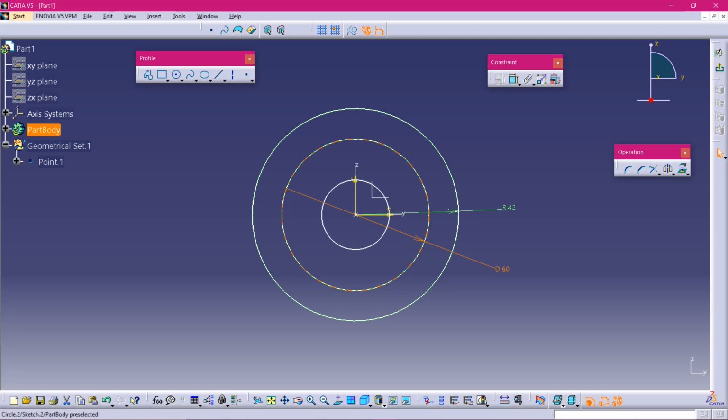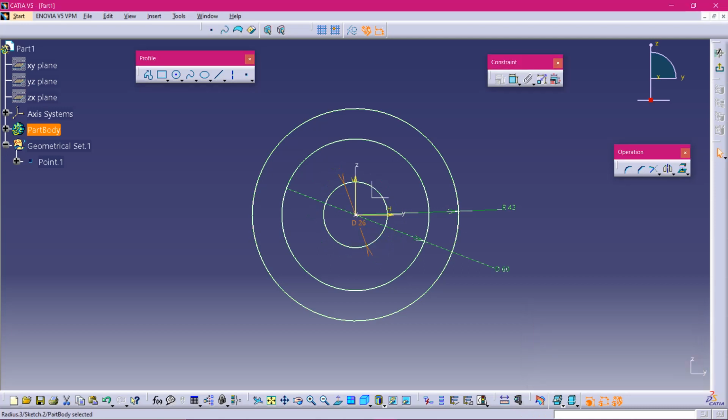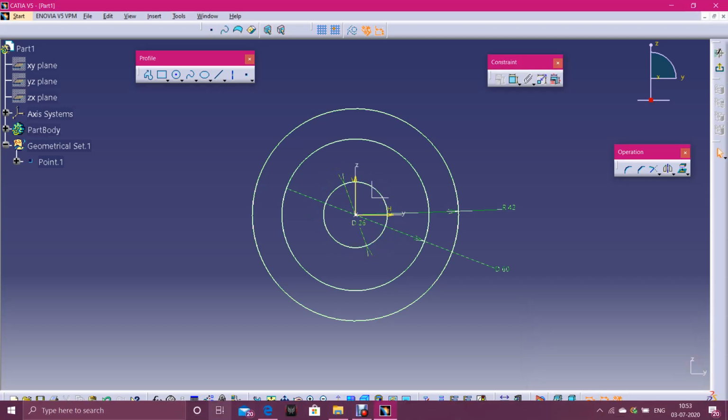Green in the sense your sketch is fully constrained. That means it can't move, it is fixed, so that you can never change your sketch by mistake, so that it is stiff and you will get an exact sketch. See, when I drag this inner circle, you can change it either big or small. That means it's not constrained. So for that you have to select the constraint toolbar, and the diameter is 26 mm. Okay, fine, we have done it.